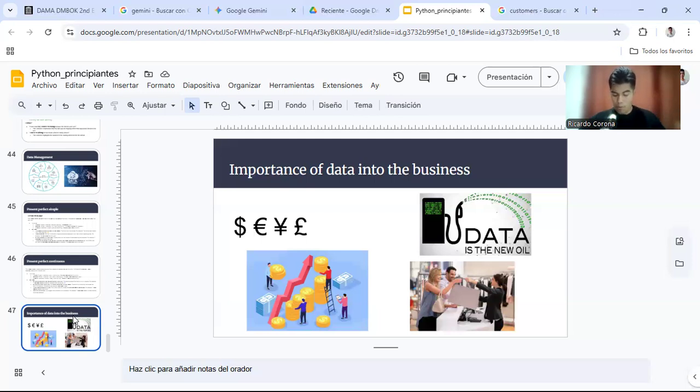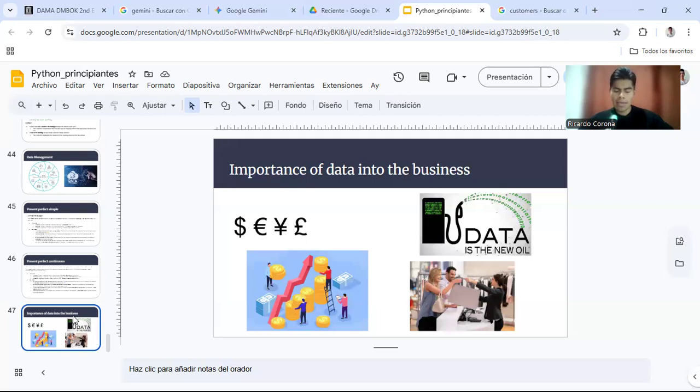And operations can be better with that data. Companies may produce better operations and take better decisions